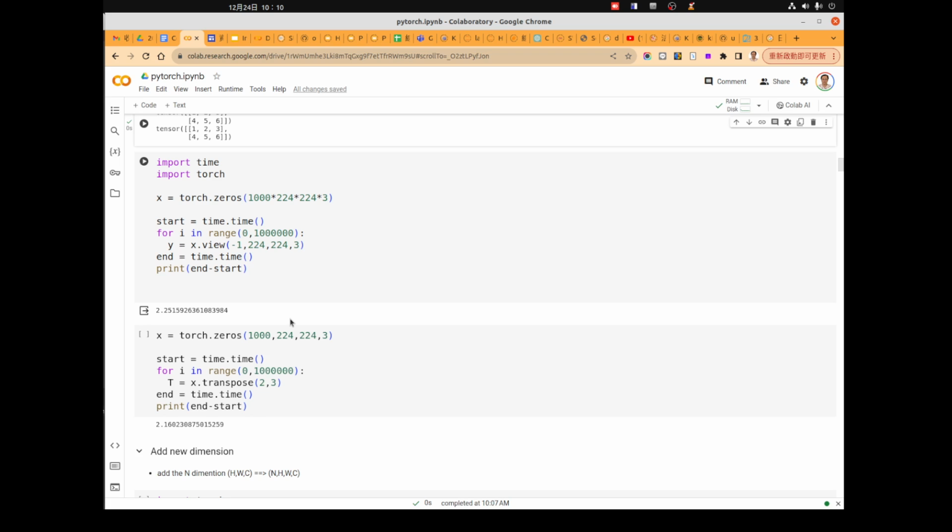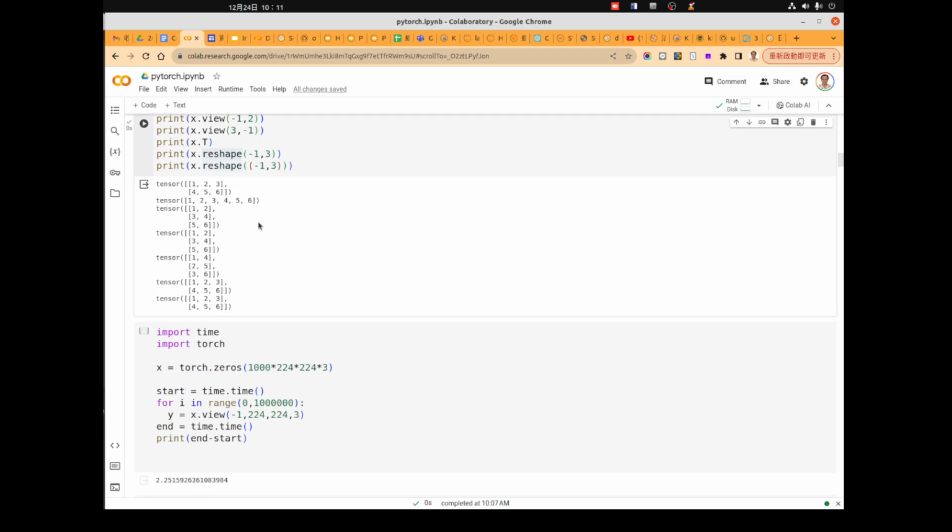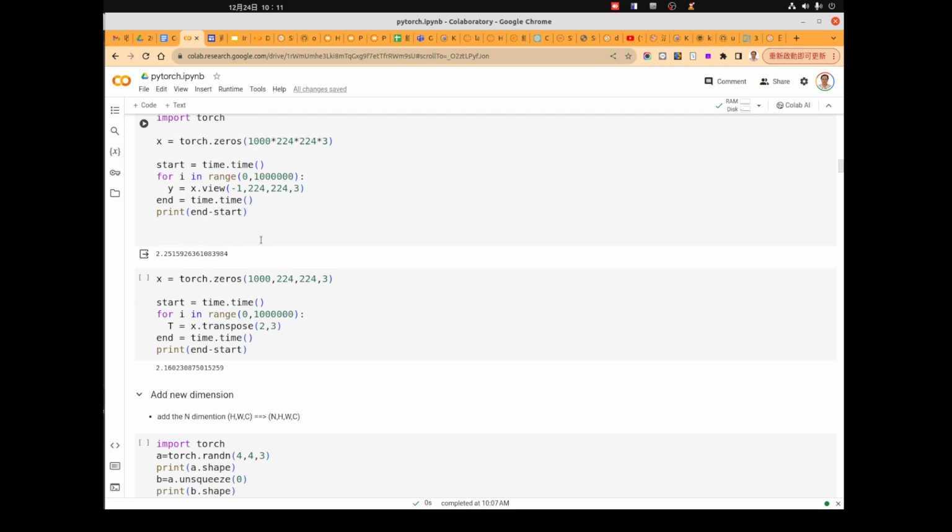An important thing you need to know is that when we do the reshape or transpose here, PyTorch won't really do a memory copy of the elements.